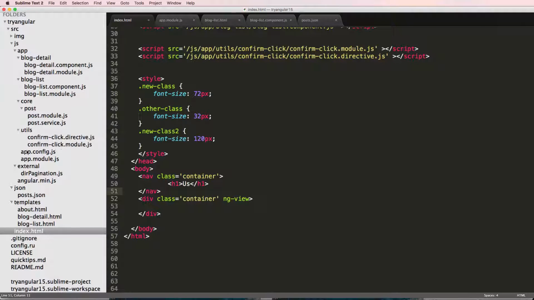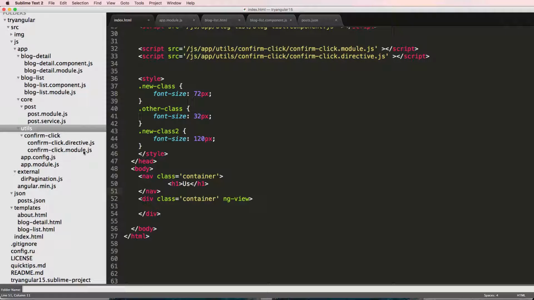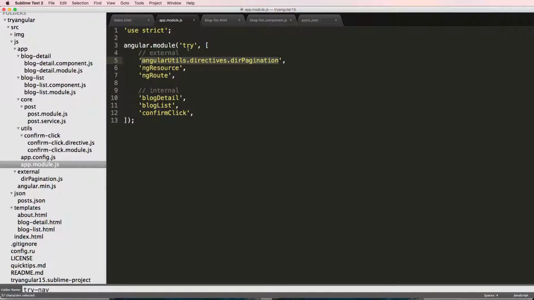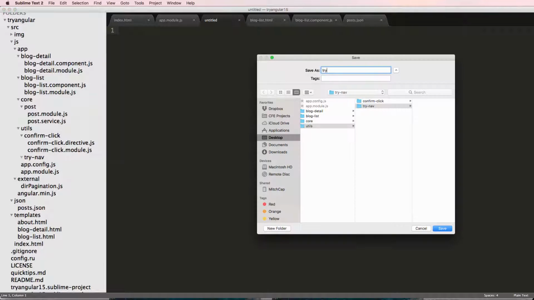That's what I want to do, so let's go ahead and do that. In our utils folder, I'm going to make another folder in here, and I'm going to call this try-nav. I'm calling it try as in the module name. We called it try. That's just what I'm going to go off of versus just nav, because there's already a nav directive or HTML tag that we don't want to override. So try nav is what I'm going to call it, and of course I'm going to make two new files, and that's